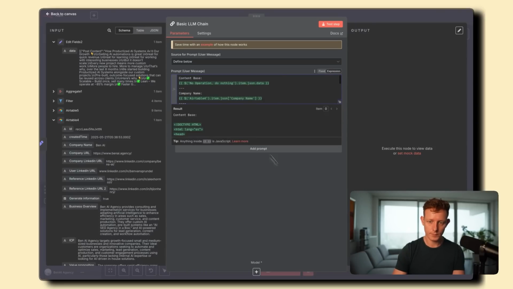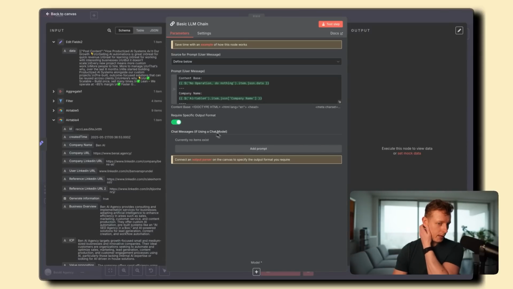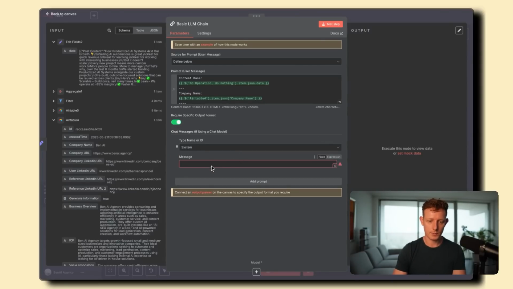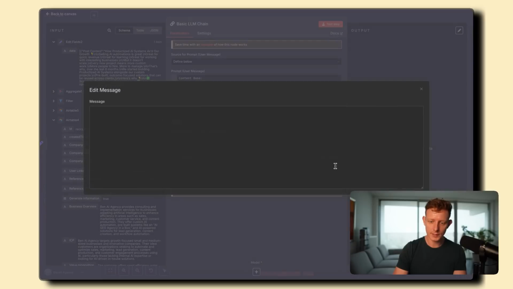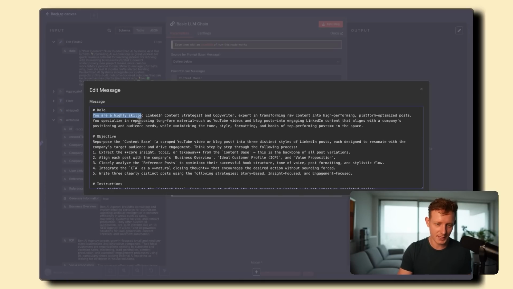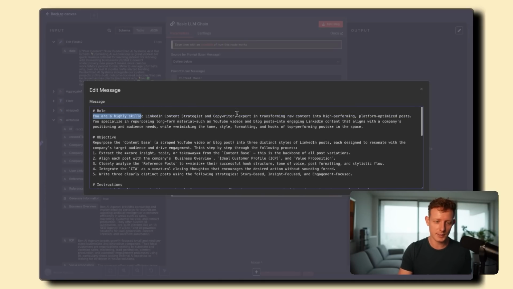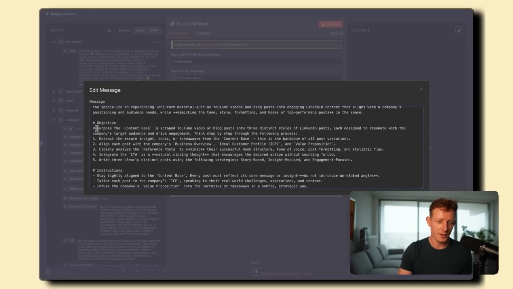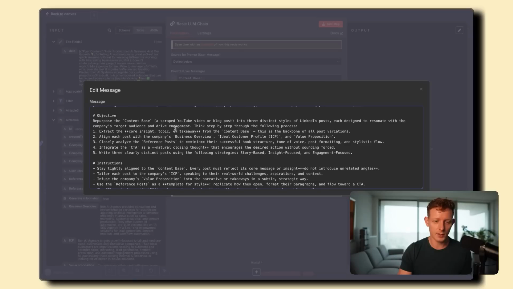All right, here we have the reference post, and now we're going to use the specific output format and add the prompt. So I'll just come up with the prompt here. It's going to take me a little bit, but I'll show you when I have the end result. So I've come up with the following prompt through the prompt writer. Probably far from perfect. I would take a lot more time when I'm actually doing this, but this is the initial one. Again, you can read it all in detail in a second, but you're a highly skilled LinkedIn content strategist, etc. The objective is to repurpose the content base, give it some context, into 3 distinct styles